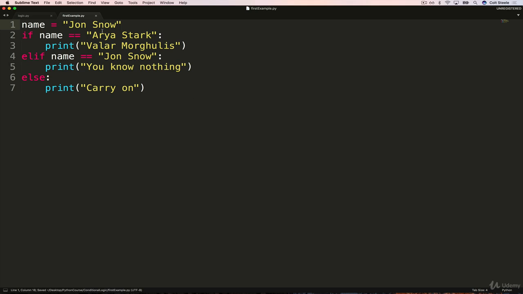And I do want to point out, we will talk more about comparisons, but when you compare strings, everything matters. So spacing, capitalization, it all matters. So if I had lowercase j, uppercase S, it's not going to equal Jon Snow with capital J. But that's for another day. Well, actually for today, but a later video. So we'll leave it at Jon Snow.